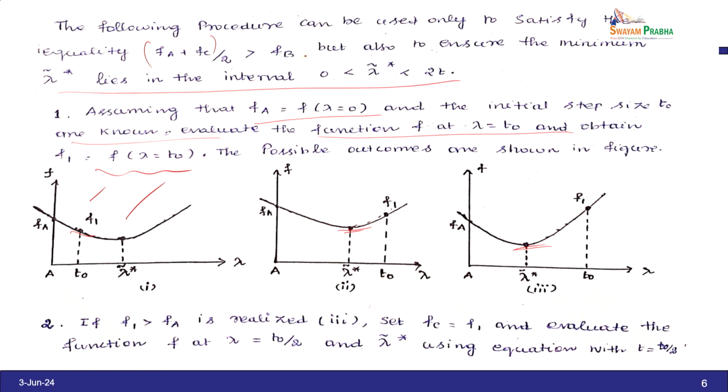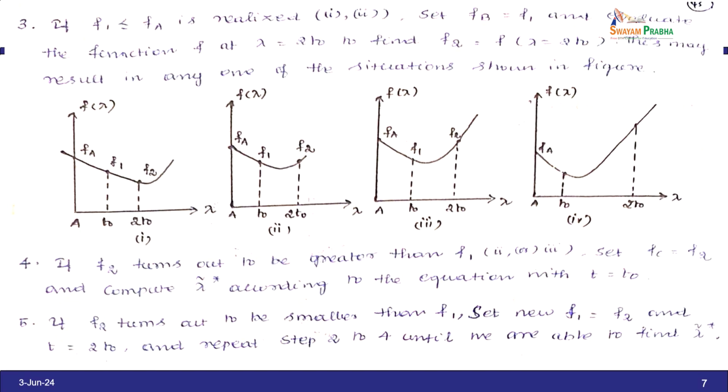If f1 greater than f of A is realized, the third picture, set f c equal to f1, and evaluate the function f at lambda equal to t naught by 2 and lambda star using the equation, t equal to t naught by 2. If f1 is less than or equal to f of A is realized, 2 and 3 or 1 and 2, set f b equal to f1 and evaluate the function f at 2 t naught